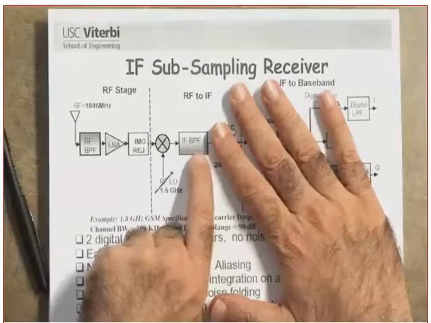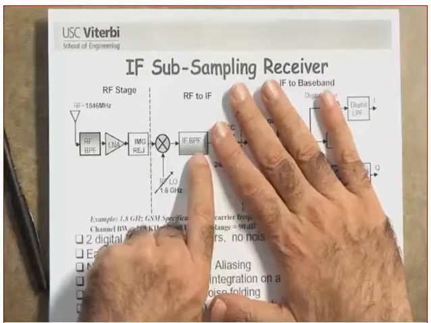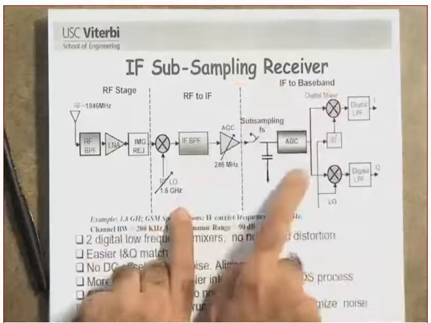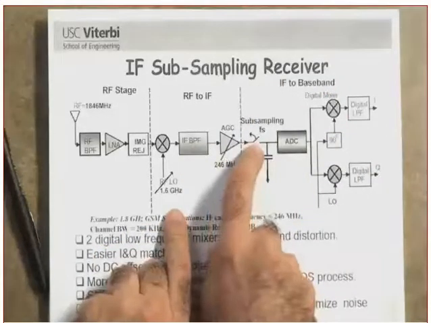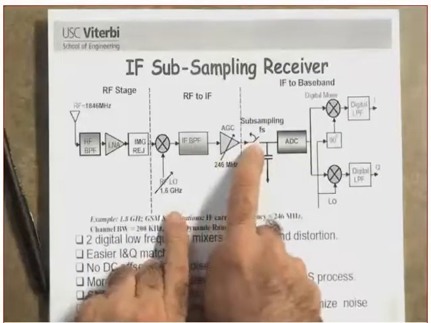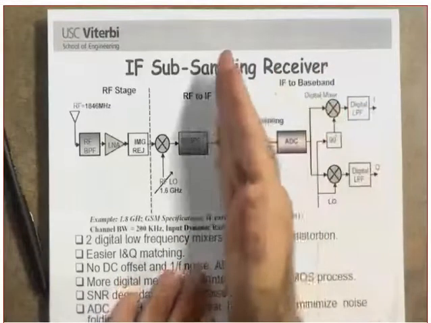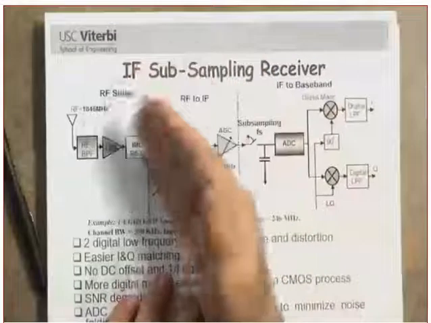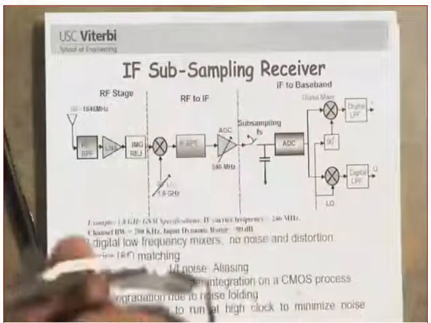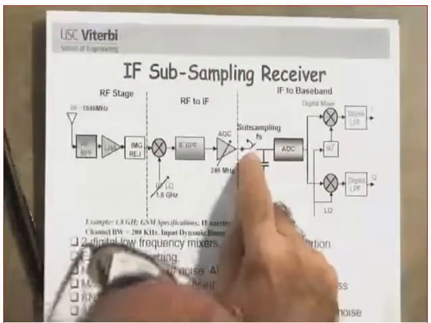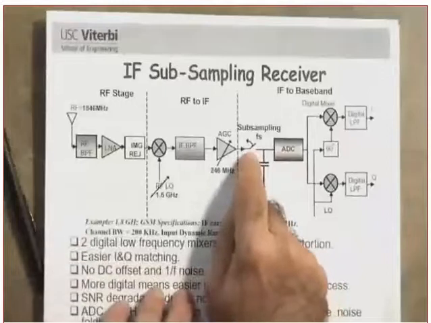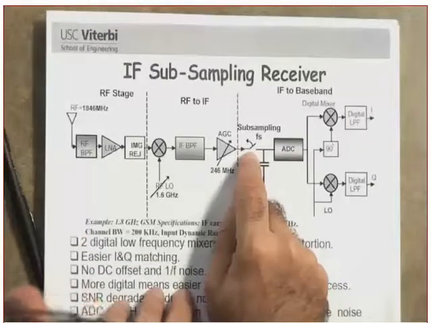Which is at a fixed IF frequency. What do you see then? What you see is that you are going to sample it here. Are you following me or not? Rather than sampling it at the baseband, you are bringing the sampler closer to the antenna. Are you following me or not? And when you sample, you are sampling at a rate of